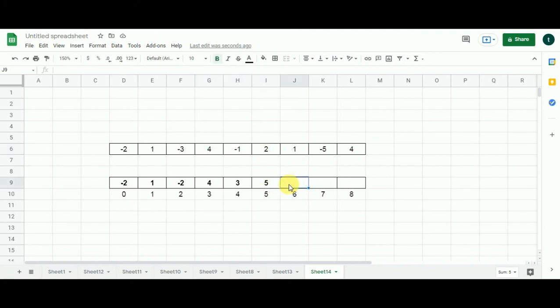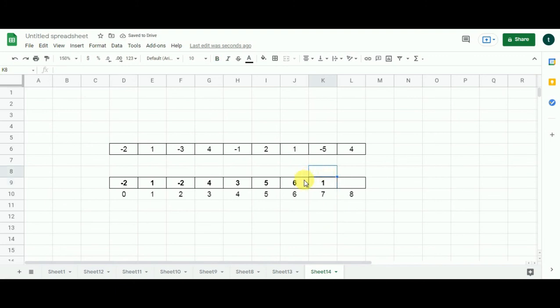Let's calculate the value of this cell. We have 5 plus 1 as 6. Let me write it down over here, and we compare this 6 with 1. 6 is obviously greater, so I populate 6 in this cell, and our subarray still continues. Then let's calculate the value of this particular subproblem. So 6 minus 5 is going to give me 1, and this one is greater than minus 5. Okay, so I populate 1 in this cell.